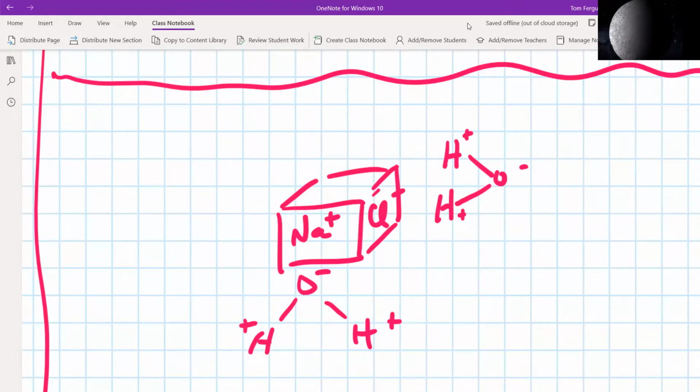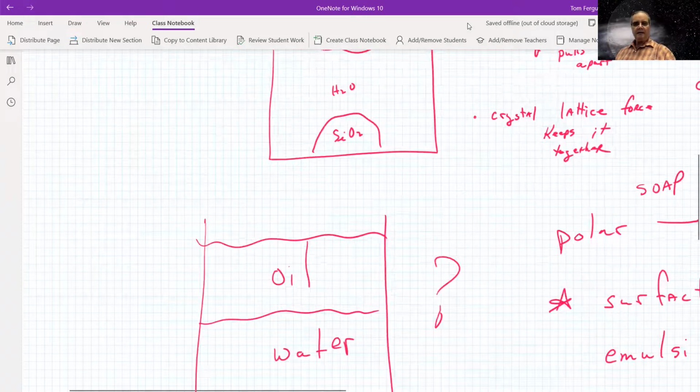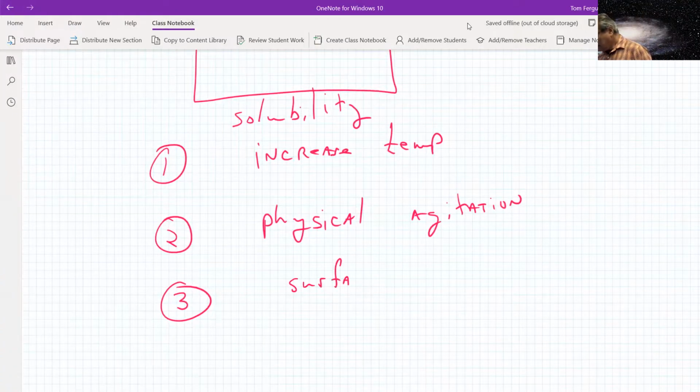So those are the three things that affect solubility. Temperature, physical agitation, which are sort of the same, and then surface area. Okay, so that's the qualitative